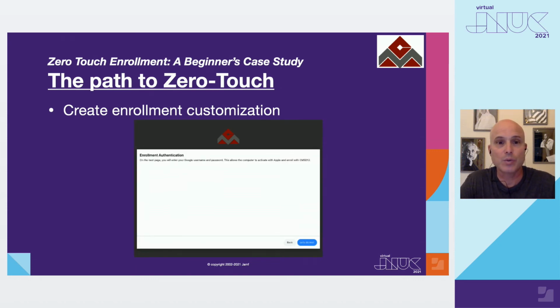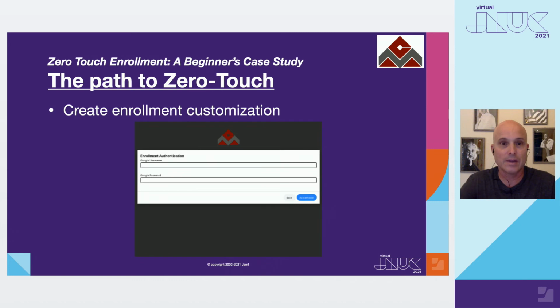And on this page, we warn them we're getting ready to authenticate your enrollment, and then we move to the enrollment authentication. I tested this on a number of users, and some users wanted to type in their entire fully authenticated Google email address, and we were trying to come up with ways that we could make sure they only put in their Google username, their short name,